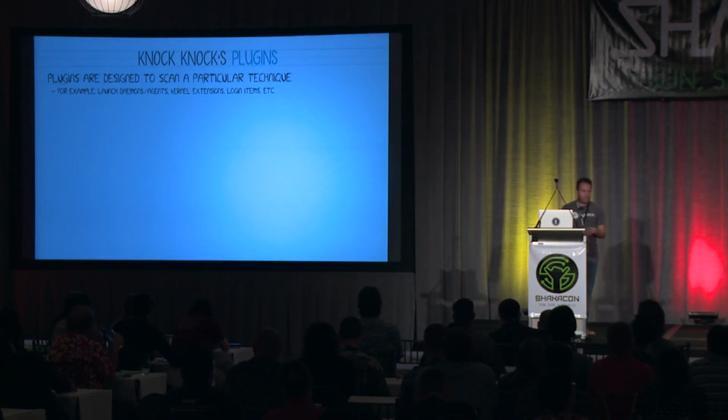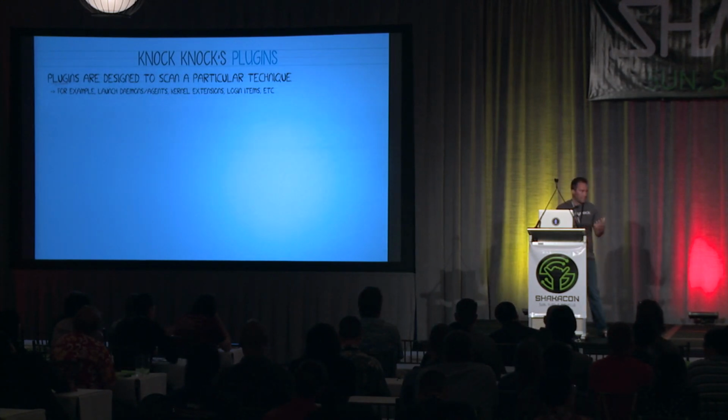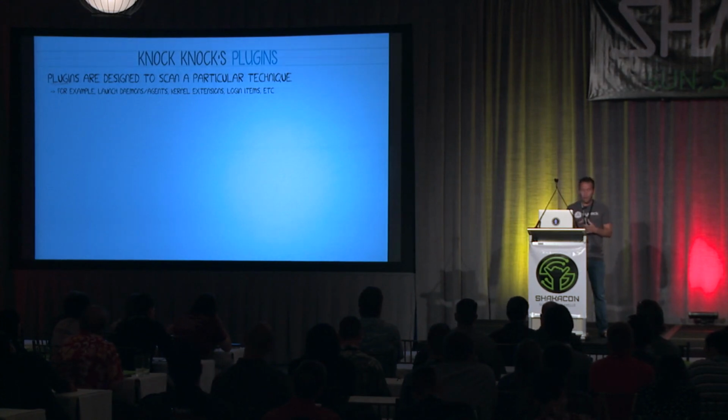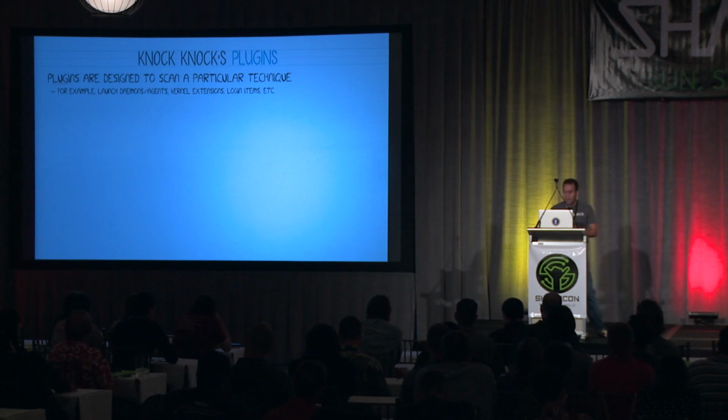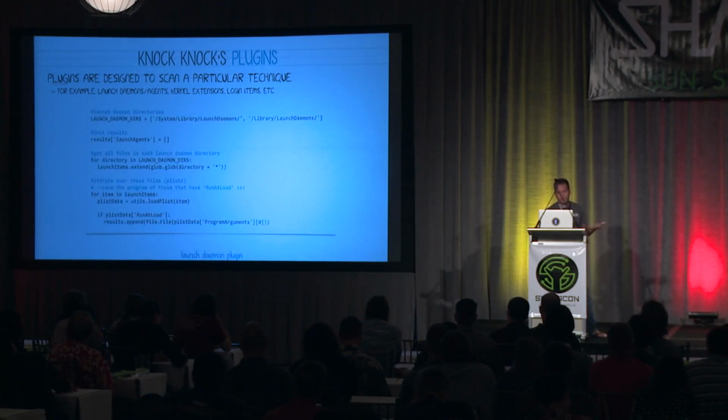So as I showed you, there are tons of OS X persistence mechanisms that can be and are abused by malware. Now, I would be naive to think that I comprehensively listed them all and that new ones wouldn't be found. So it seemed wise to develop Knock Knock based on a plugin-based approach, where each plugin could scan for a particular persistence technique. Then as new persistence techniques were found, Knock Knock could be easily extended.